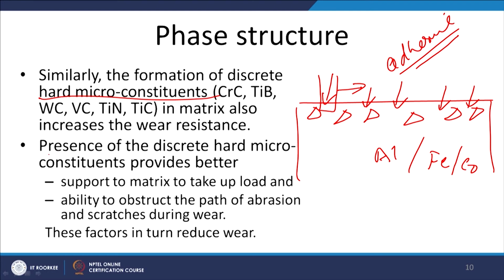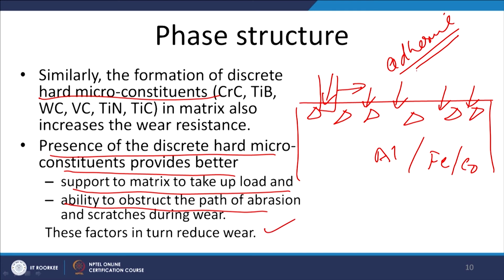So, presence of the discrete hard particle constituents provides much better wear resistance in two ways. One, it supports the matrix to take up the external load, and second, it increases the ability to obstruct the path of abrasion and scratches during the abrasive wear conditions, and these two factors in turn improve the adhesive and